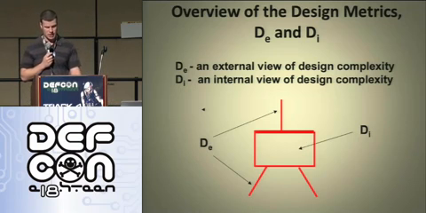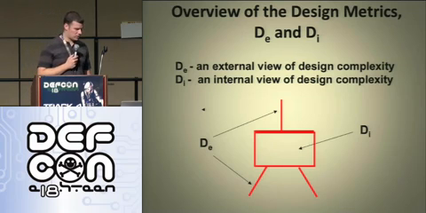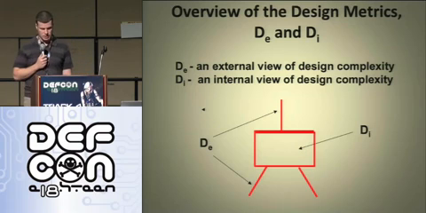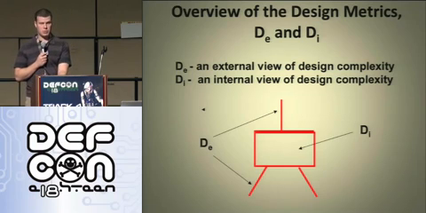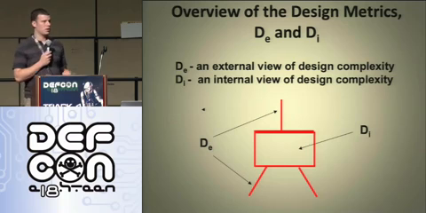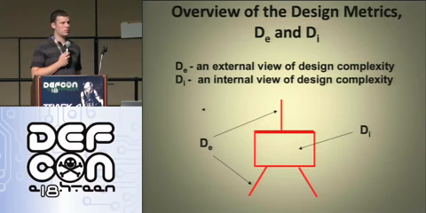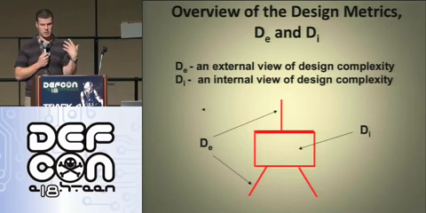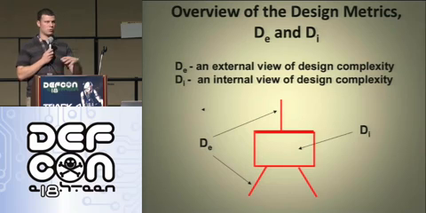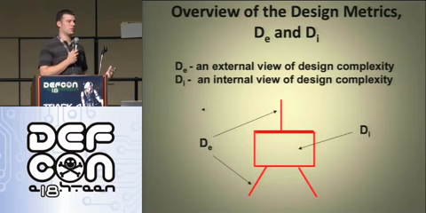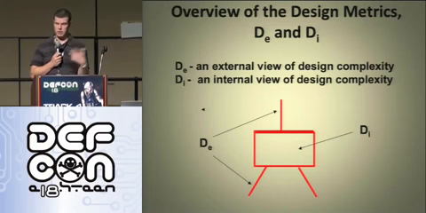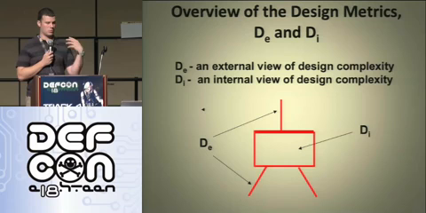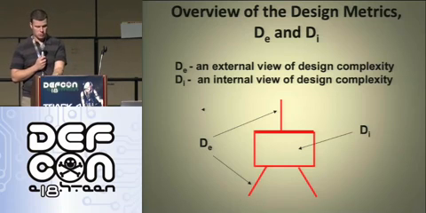Okay, here's where we actually get to the good stuff. Overview of the design metrics, D sub e and D sub i. D sub e is an external view of design complexity. And D sub i is the internal view of design complexity, which is pretty much when we're talking about faults in software. The more complex something gets, the more error prone it's going to be. When they started this stuff, it was all just reliability. Twenty years ago, nobody really seemed to care about security. But they did care that their software didn't crash, or, if you have a navigation system or whatever else, you don't want that thing going down. So reliability was the focus for software when this research started.